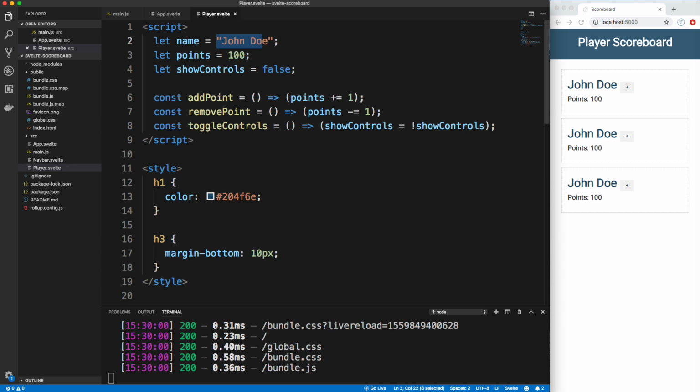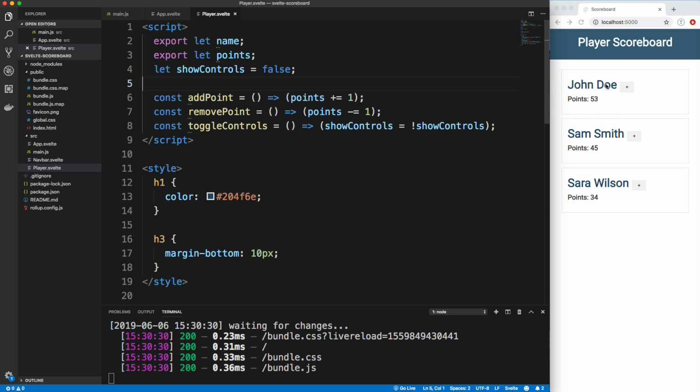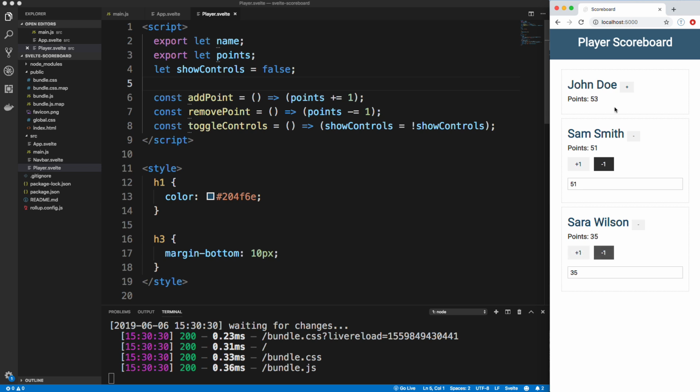So inside player, what we need to do is, instead of setting it here, we're going to do what the app component did in the beginning when it passed in that prop. We just had export like that. All right, so same thing here. We'll go ahead and clear this up and just set this to export. And if I save that now, we get all our different players with their different points, and we can change their points as needed,